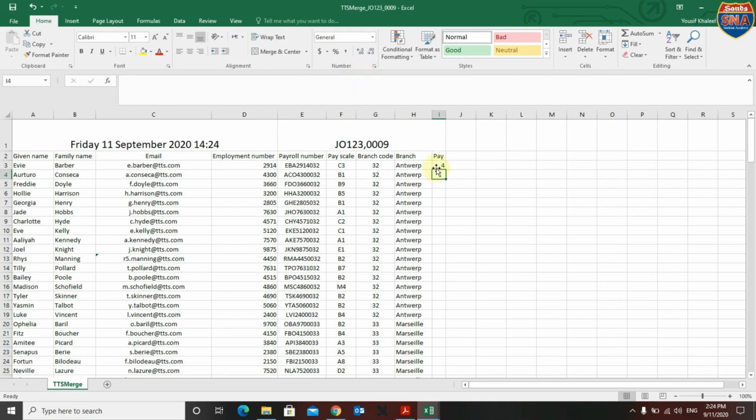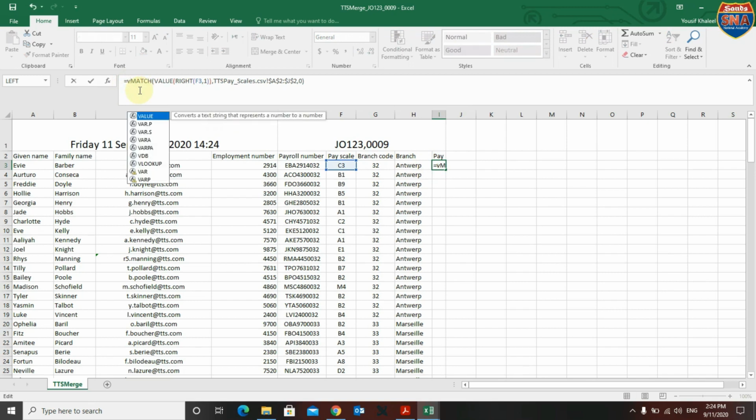Now guys, we can perform the VLOOKUP function to retrieve the amount of pay correctly for each employee. So let's go here and just perform the VLOOKUP. This is the VLOOKUP function, and for the first argument we retrieve not all of this, just the left. Let's say LEFT. We want to retrieve the C letter, so it will be LEFT, let's say for this one,